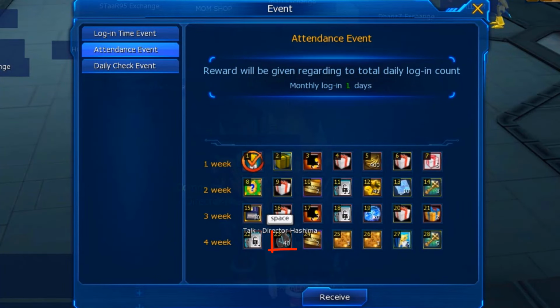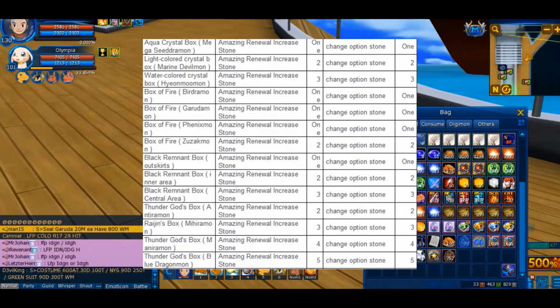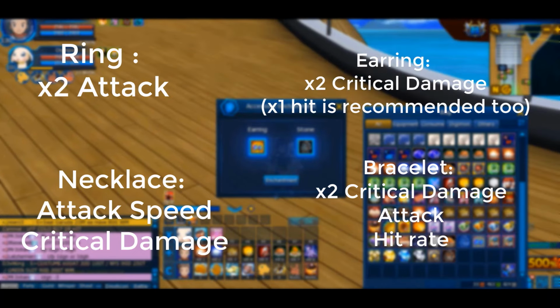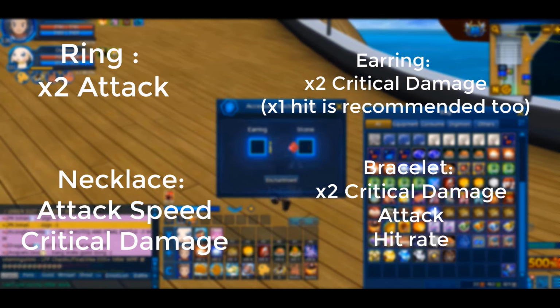Option Stones are mostly obtained from the attendance event or from Colosseum, and in the future it will be farmable from the Holy Beast dungeons. And what stats do you need on your accessories? Well, for a starter, I would aim to get 2 attack on the ring, attack speed and critical damage on your necklace, 2 critical damage on your earring, and if you can, squeeze an additional hit rate alongside the 2 critical damage,